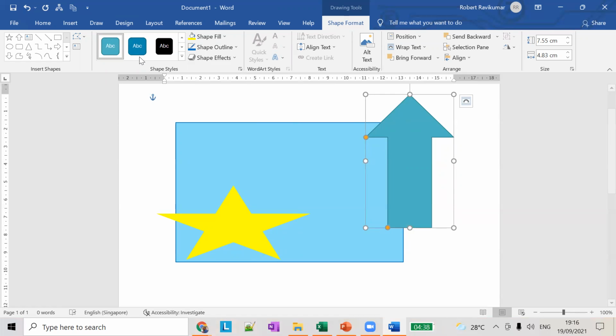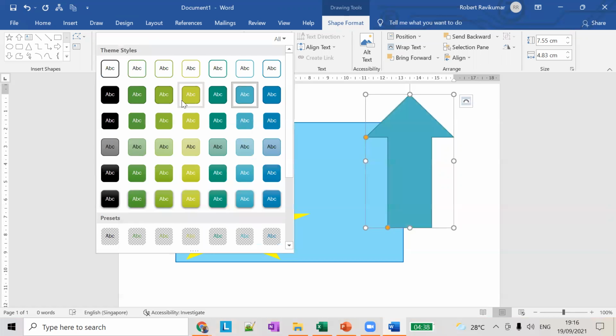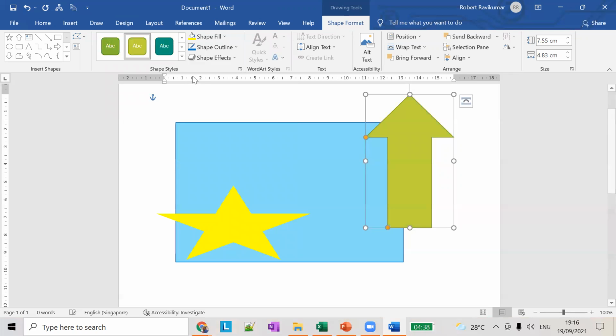That's it. This is how you change the picture style. Using the picture style, we can change the outline of the picture and the shape fill to a predefined format. This is the purpose of shape styles.